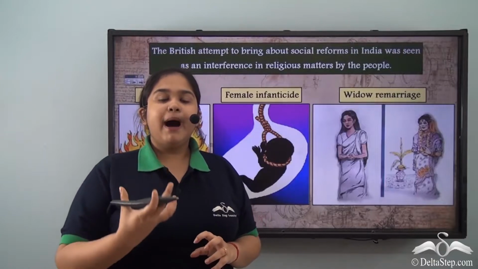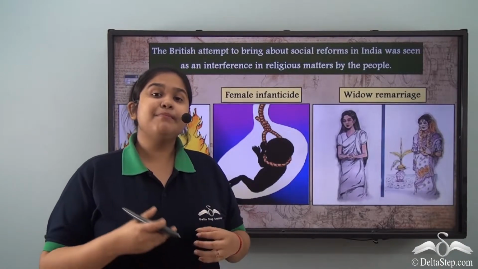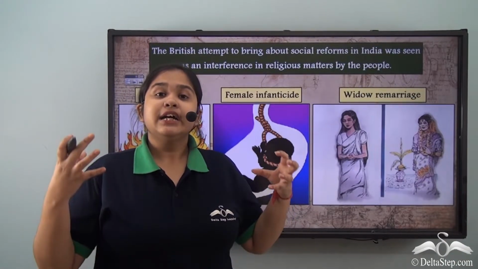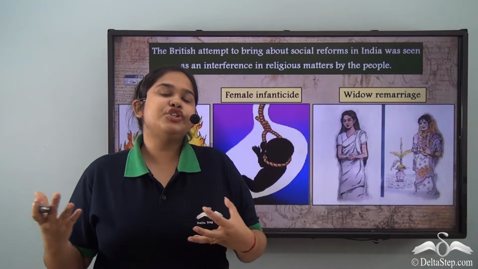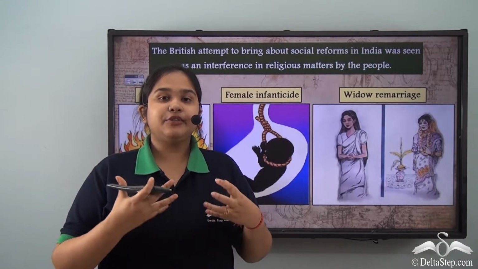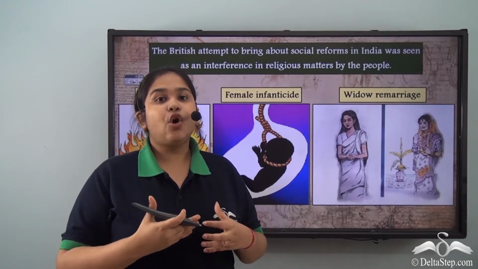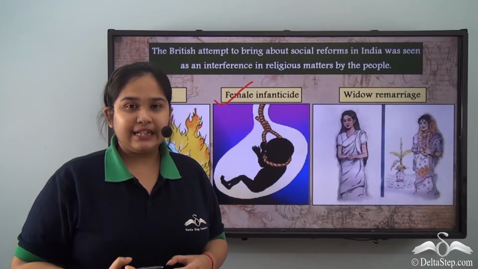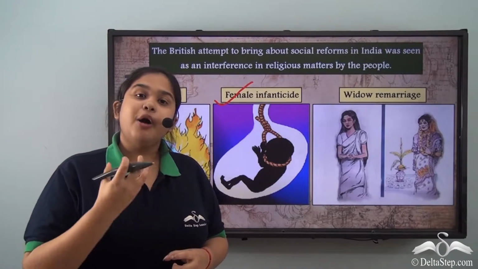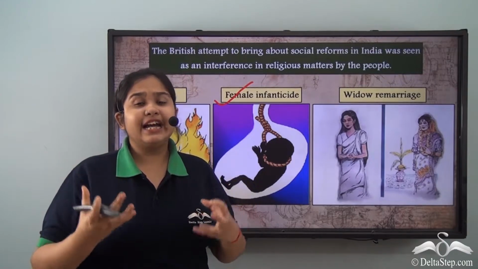Now, when we are talking about how religion was being seen by the British colonizers, it is important here to talk about the fact that the British colonizers were the ones who did bring certain changes in certain religious practices, in fact evil practices that were prevalent in the society at that point of time. Practices like sati, child marriage, female infanticide, and evil practices of such nature were abolished by the British colonizers when they formed certain acts against these to protect